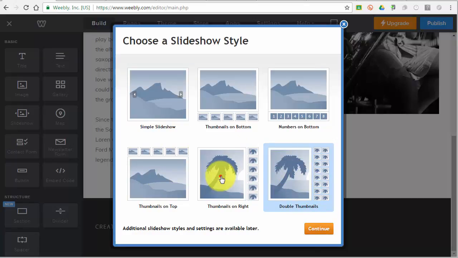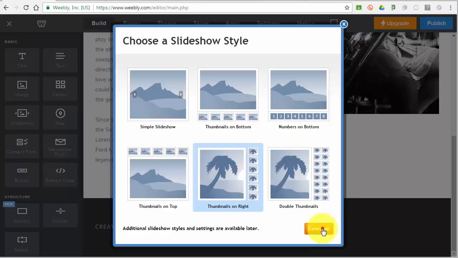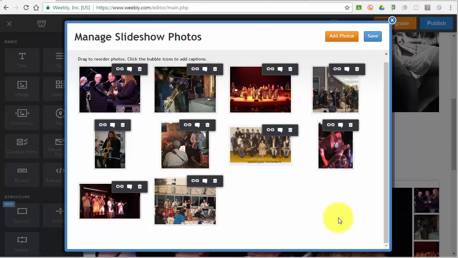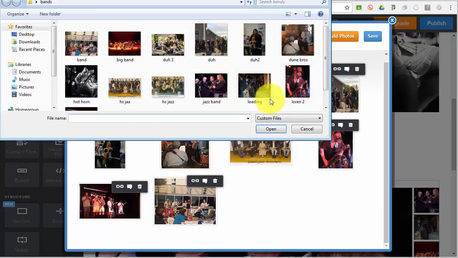I want it to have these thumbnails, so I'm going to click on thumbnails on the right and then click continue, and then I select a bunch of photos from my computer. Sometimes it doesn't grab all the photos at once. I tried to select 12. I put 10 in there. I can go back in and select the ones that it missed if I wish